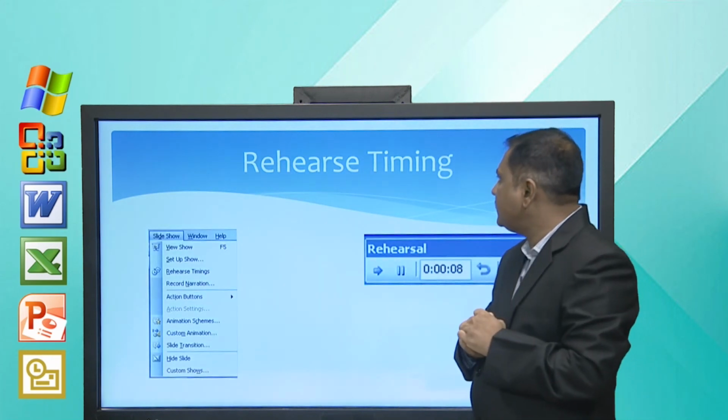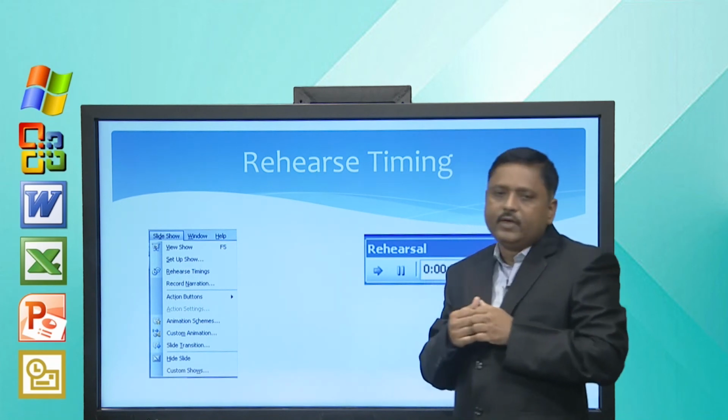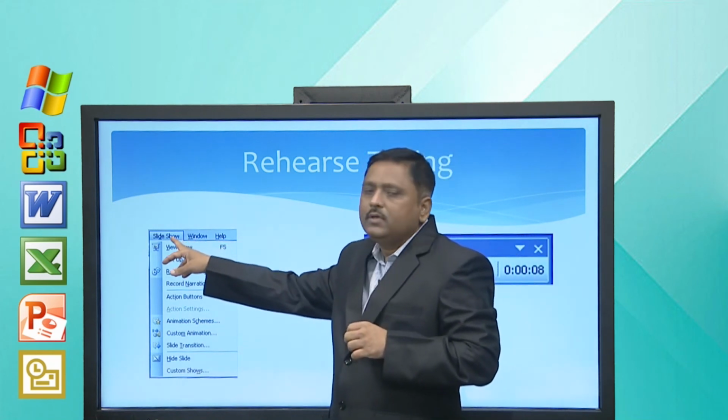The last thing is we can rehearse the timing. Now, how to rehearse the timing? You have to select rehearse timing from the slideshow menu.